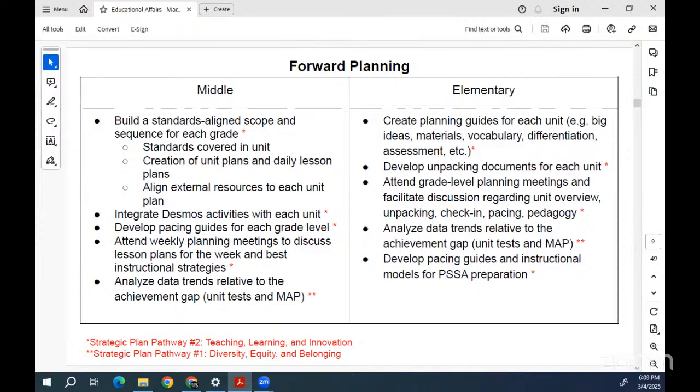We spent time creating unit plans for each unit and daily lesson plans to make sure everything was done with fidelity from teacher to teacher, grade to grade, and applied external resources to each unit. And one of the focuses in the middle school is really hitting on Desmos activities, which is a piece of our curriculum that we started a couple of years back. It aligns really well to Reveal. There's so much exploration that is done within Desmos that aligns well. So we spent a lot of time integrating that into our unit plan so that teachers are using that along with Reveal. We developed pacing guides for each grade level,